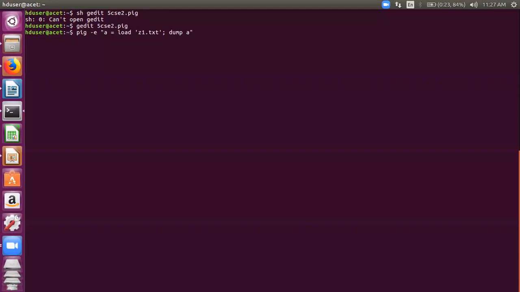If there are a few commands you want to execute, then -e means that you give the commands in double quotes separated by semicolons. Since dump does not require a semicolon, I have not put it.